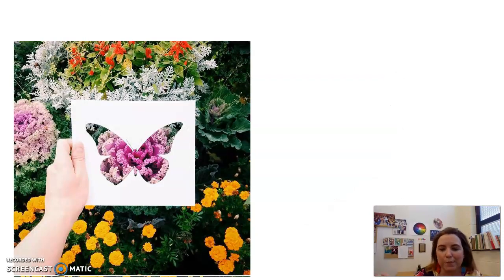This is a cool Instagram challenge that was going around a while ago. You take a piece of paper, you cut out a silhouette, and the background is a texture, but the negative space is the cut